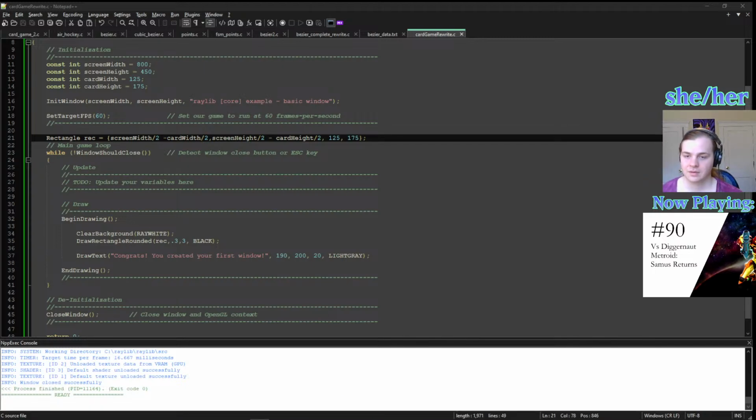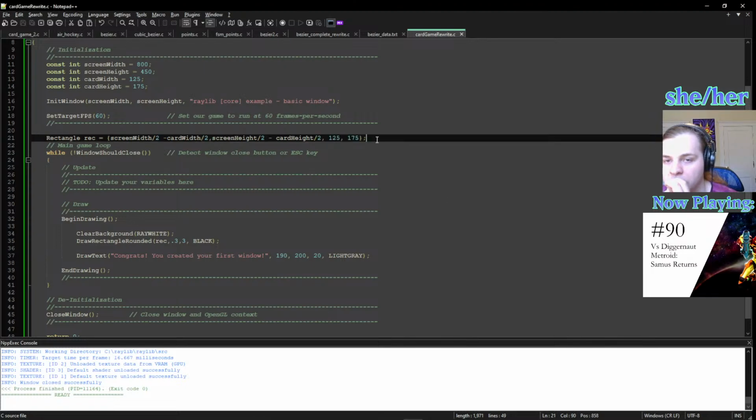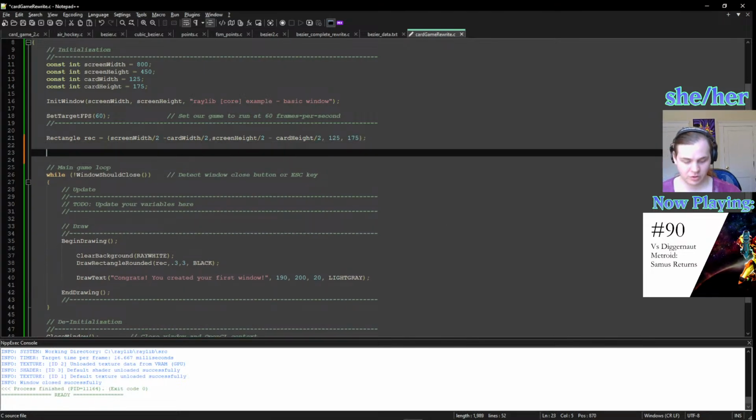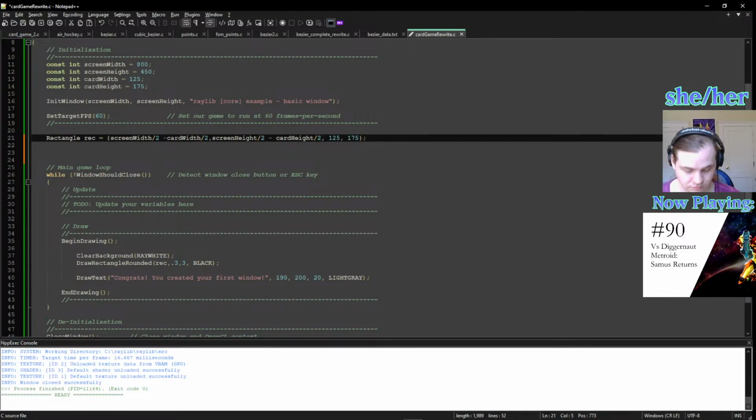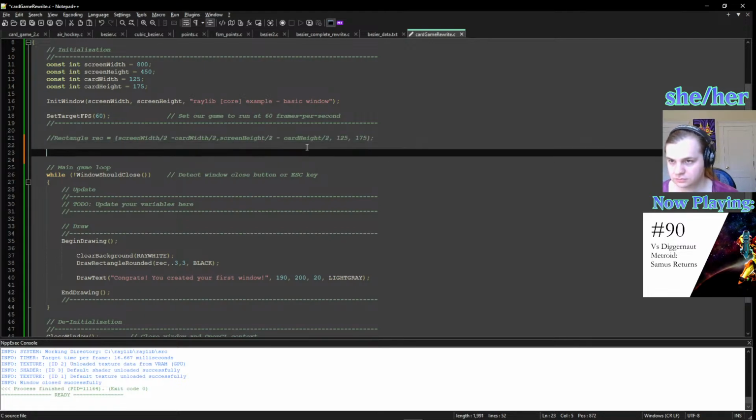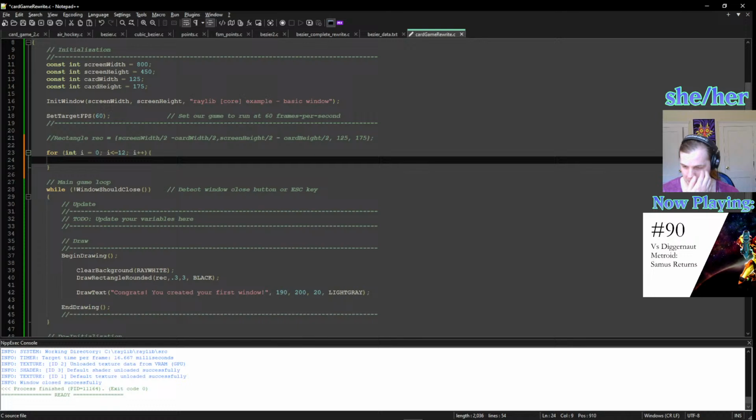There we go. Okay, so now I need to space these so that I can put 12 of them on the screen. So... Programmer's best friend, for loop. For int i equals 0, i less than or equal to 12, i plus plus. Great. So now